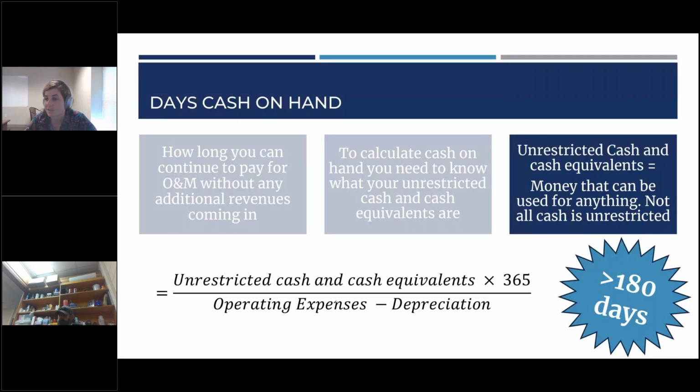We also think about this indicator a lot when we think about natural disasters. We're in North Carolina. The eastern part of our state sometimes gets hurricanes, which can affect the ability to bring in revenue. It can affect the ability to deliver services. And so days cash on hand is, again, an important indicator for utilities from that perspective. Anything that's going to affect your ability to bring in revenue, your days cash on hand is going to essentially provide information on how long you can weather that storm.